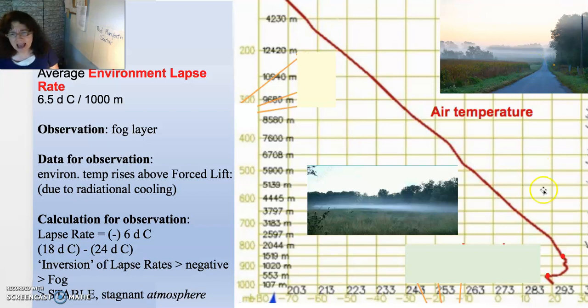forced lift. If you go and actually do the calculations of the data here, you see that you are subtracting your initial temperature from a later temperature. And in this case, the initial temperature was around 18 degrees Celsius. Here's 10 degrees Celsius, 20 degrees Celsius, around 18 degrees Celsius. And your later temperature was at around 24 degrees Celsius. And when we look at that, we subtract 18 minus 24, and we get a lapse rate of -6, a